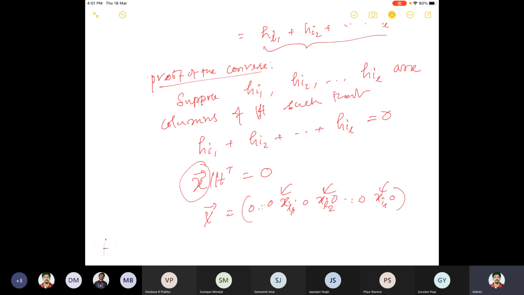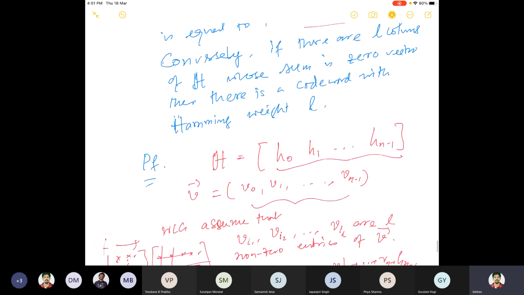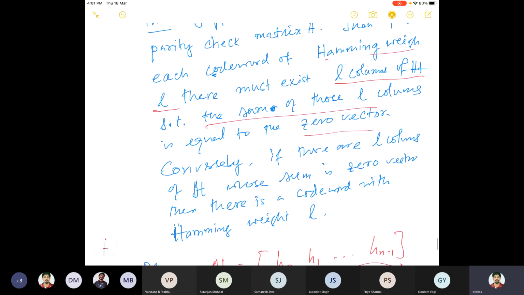So meaning what? Now I have an equivalence, and this equivalence is useful. If there is a code word of Hamming weight L, then there are L columns of H whose sum is 0. And if there are L columns of H whose sum is equal to 0, then there is a corresponding code word. Now, what is the intuition here? Why is this very important? Because I want to calculate the Hamming weight of each individual code word. H could be a very small matrix, because its dimension is linear, but the number of code words is exponential. So I want to work with H only, and I'll be happy to do that.